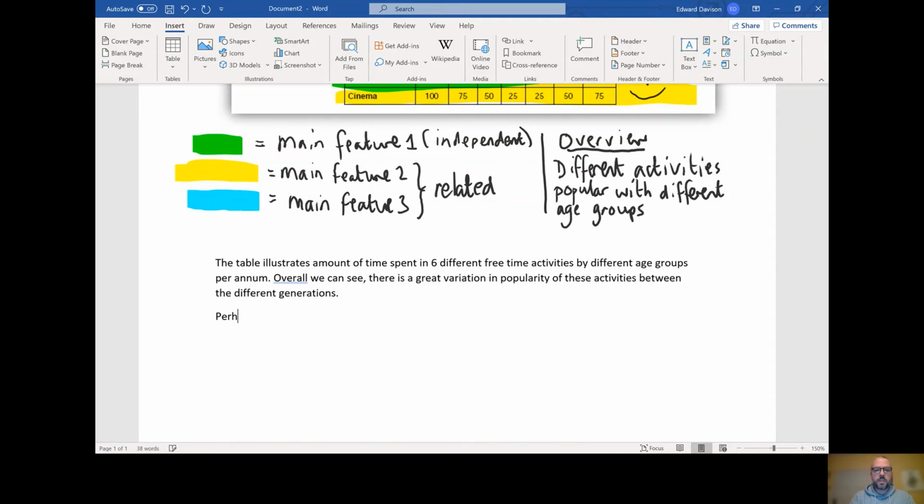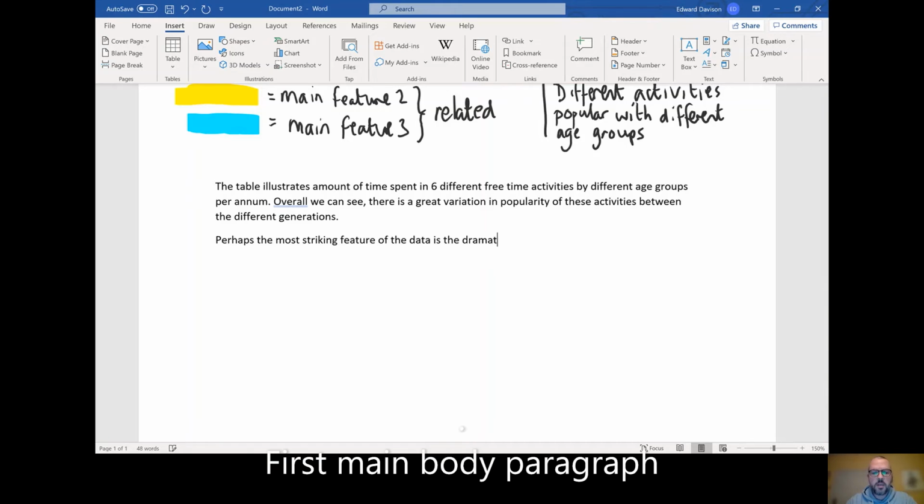So perhaps the most striking feature of the data is the dramatic fall in popularity among older age groups experienced, let's say this, the dramatic fall in popularity of group